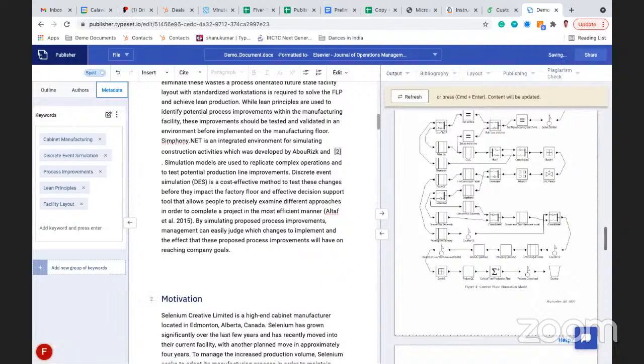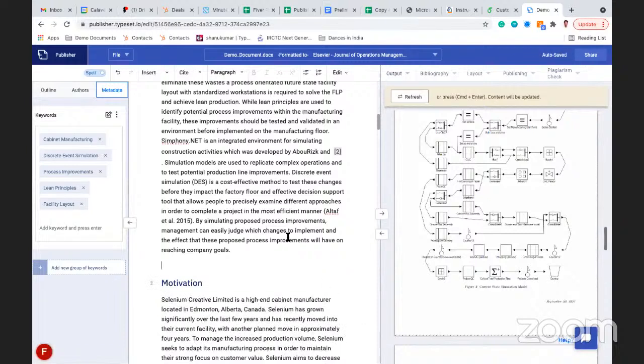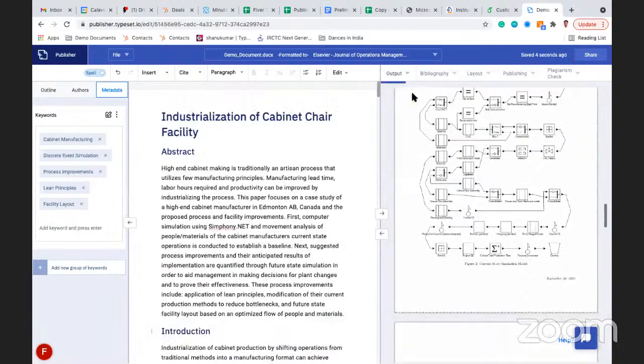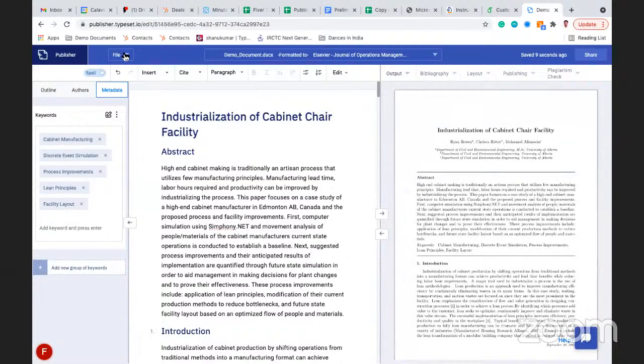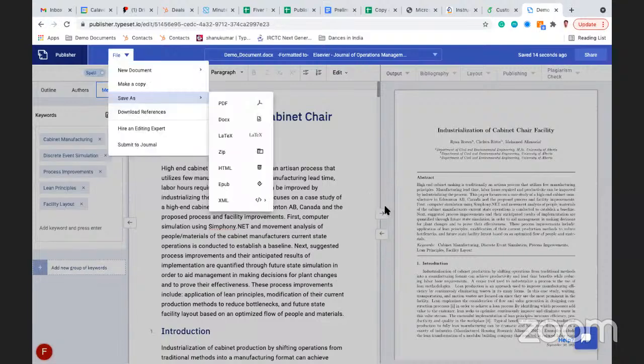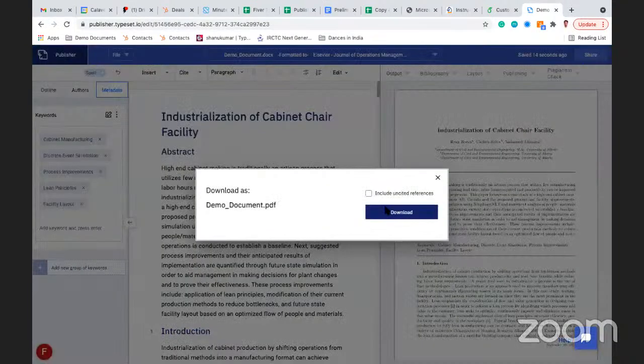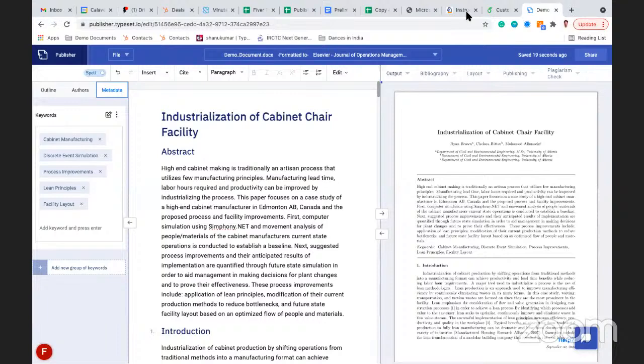And also if the equations are present in the document that you're uploading, the software can easily go ahead and import them as well. So you click on refresh, and the moment you do that, you will see that the document is now completely formatted according to the general guidelines of the Elsevier journal. And once you know that your document is ready, you click on File, Save as PDF, include unset reference, and then download. So the moment you do that, you will see that the document gets downloaded,